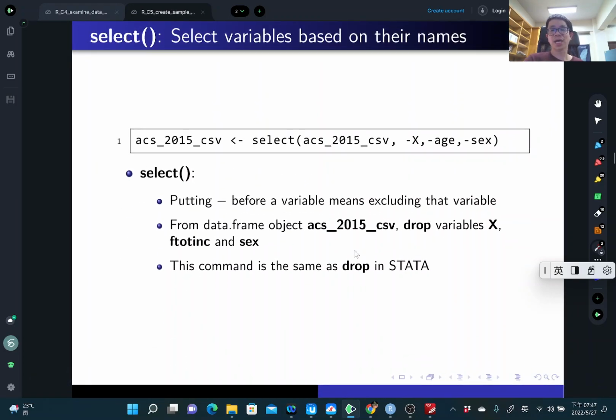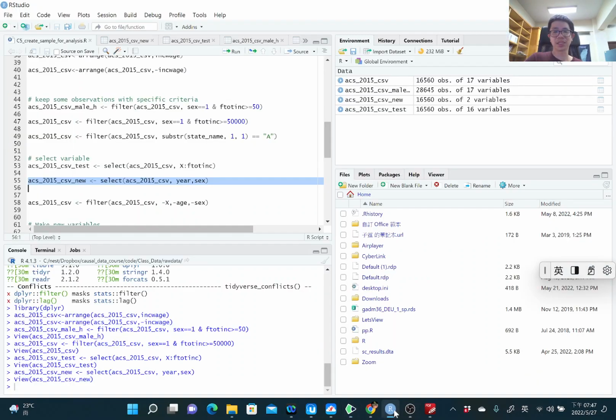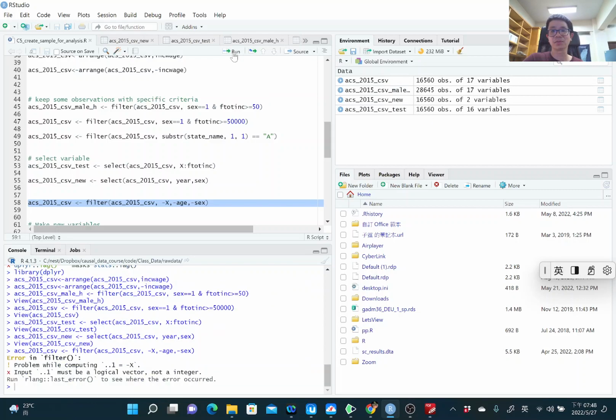And if you use minus, it means you want to drop these variables. So you want to keep all the variables except these three variables. If you use the minus with the select function, it does the same thing as drop in Stata. And you can see what this means. You just want to drop these three variables. Originally it's 17 variables. Keep in mind, if you do that,